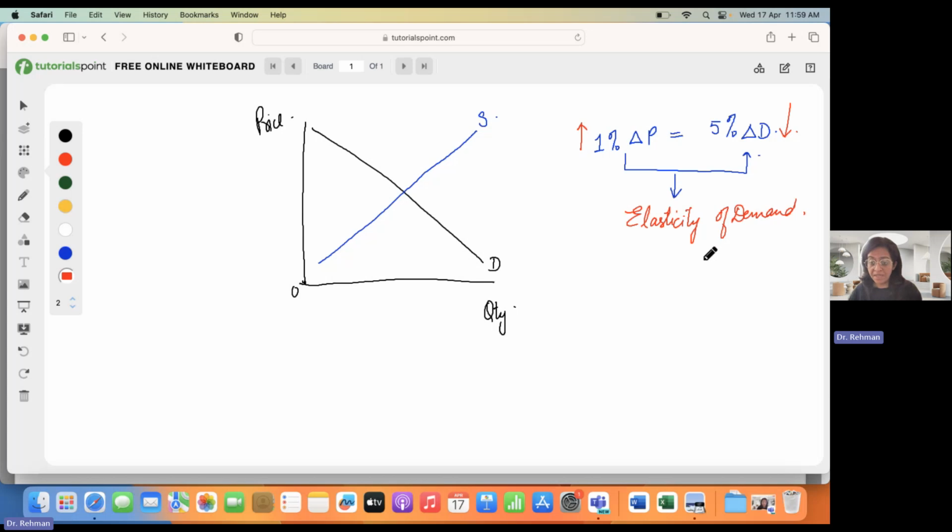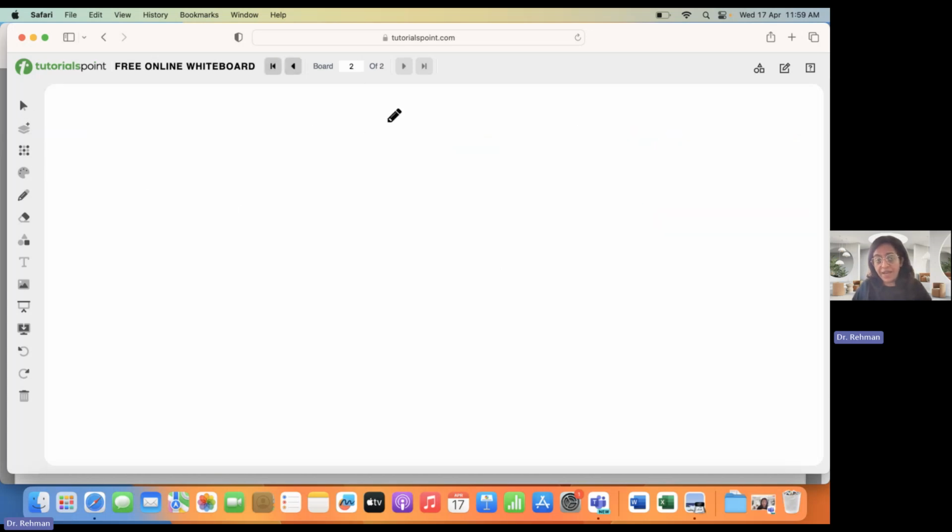What is elasticity of demand? It is the responsiveness of demand to the changing price. If I'm changing price, how quickly is the demand responding and how much is it responding? Is it a slight change in the demand or is it an exorbitant change in demand? That is called elasticity of demand. Now I'm introducing two words to you. If I say elastic,